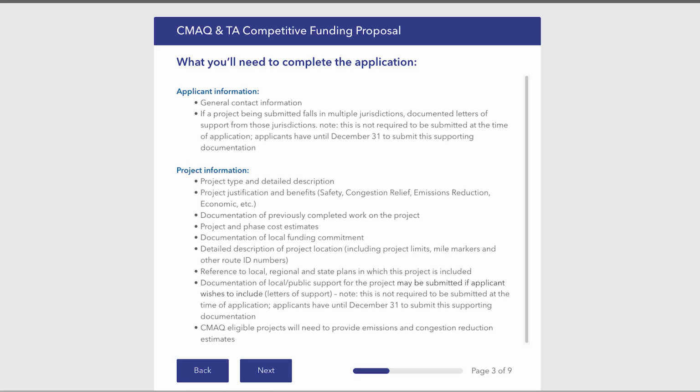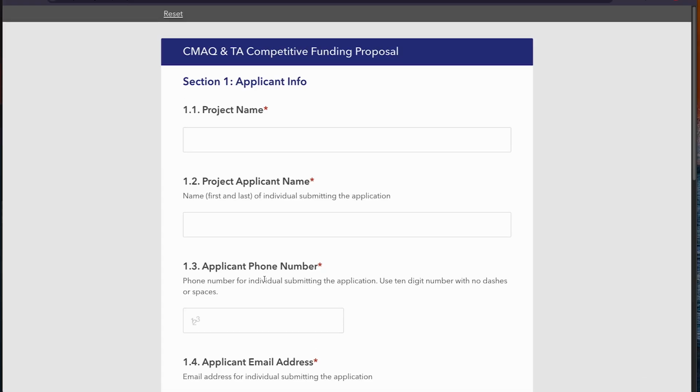Let's start with the basics. In Section 1 of the CFP application, you'll tell us about yourself and your organization, so GDOT knows how to contact you. You'll enter your project name,